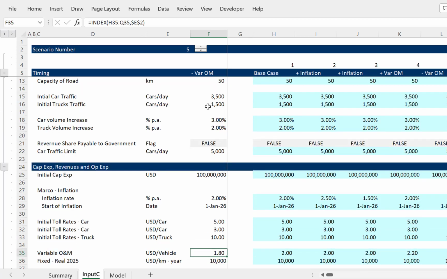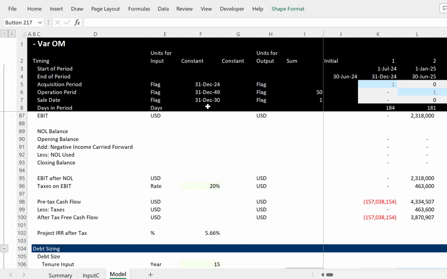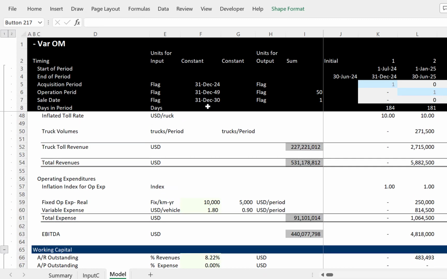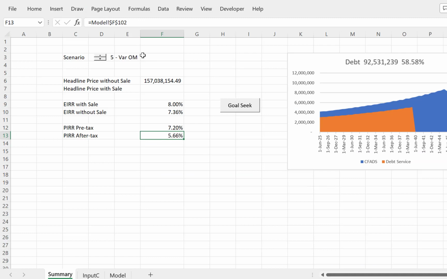Yes, we do. And is our variable O&M over here in this thing? Yes, it is. And is it affecting this? Yes, it is. So if I change it to the plus variable O&M,